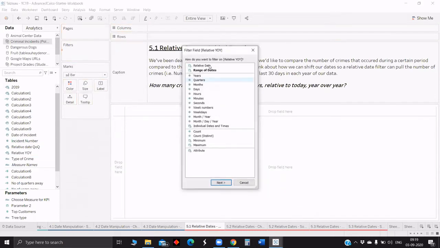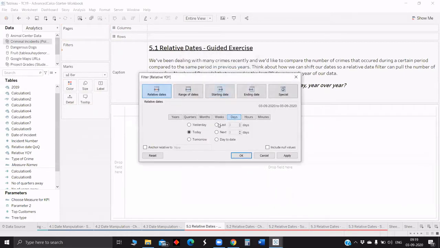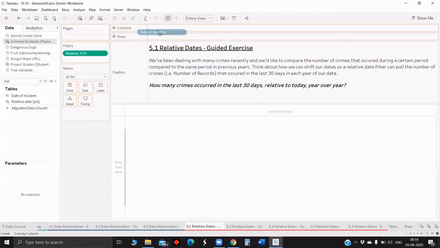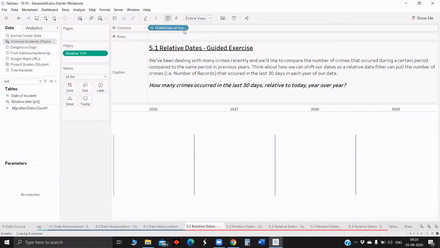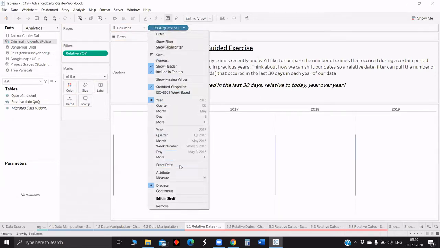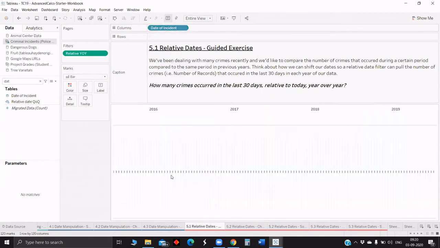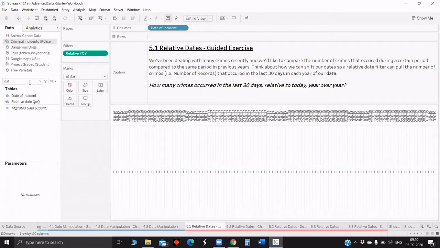We can put that in the filter, and we can give relative days, in days, last 30 days. So now we have to pull the date of incident and number of crimes.